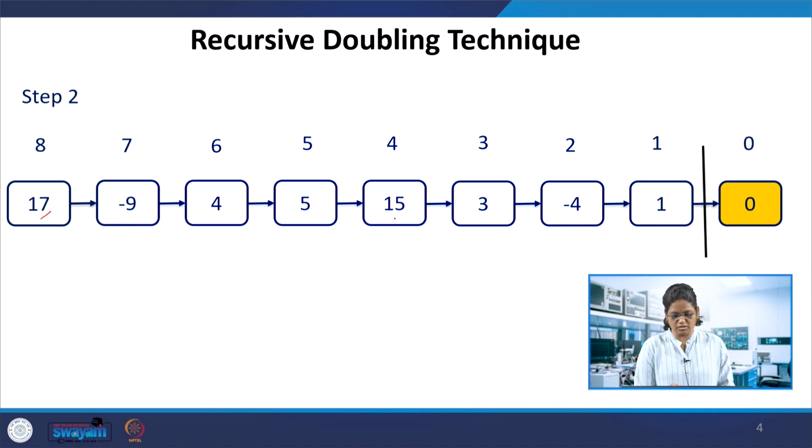If we add it, that is giving 15, then 3 and 2, then 2 and 1 is minus 4, and 1 and 0 is 1. So this is step 2, which we obtained from step 1 by adding the consecutive two numbers, and we can say it is 2 power 0, the 0th step.